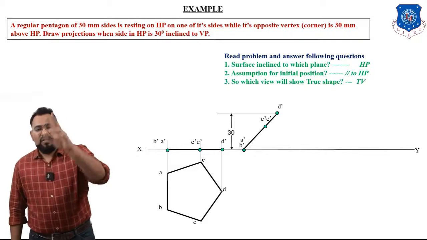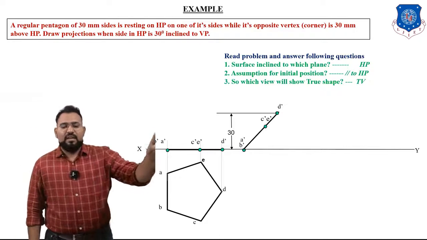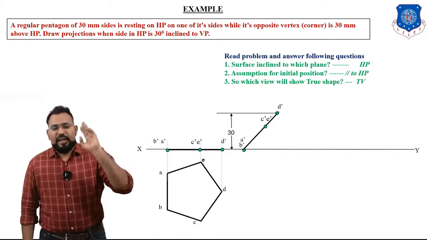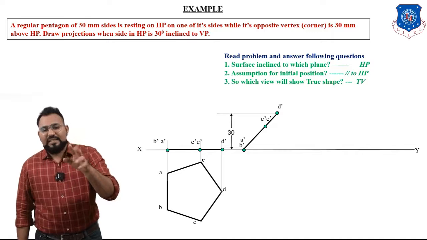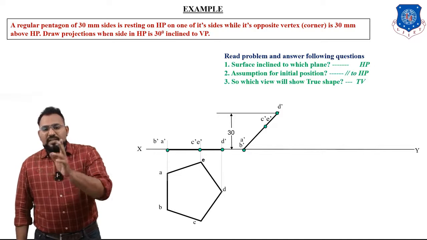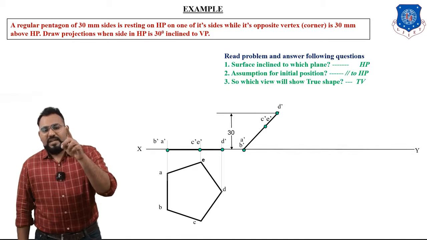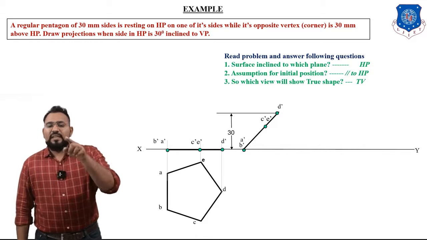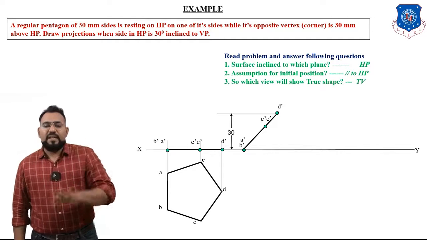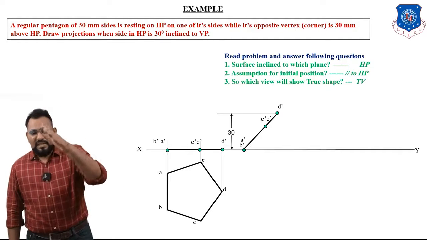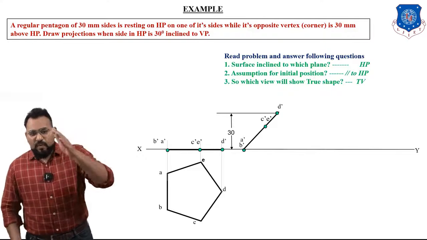To get C dash, E dash, what you will do, again you go to the first stage, see the front view, take a divider, take a distance equal to A dash, B dash, C dash, E dash. Again come on to the second stage, see the front view of the second stage, with A dash, B dash as the center, put an arc on the line which is connecting A dash, B dash and D dash, and wherever it intersects will be point C dash, E dash. So this is how we have derived the front view of the second stage.